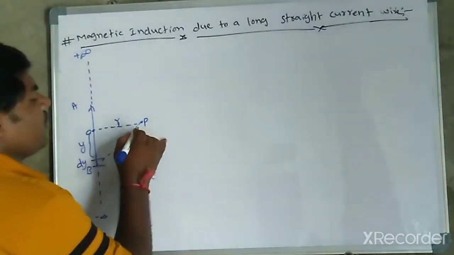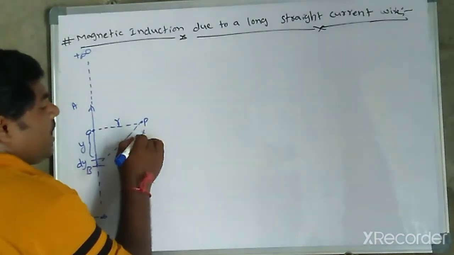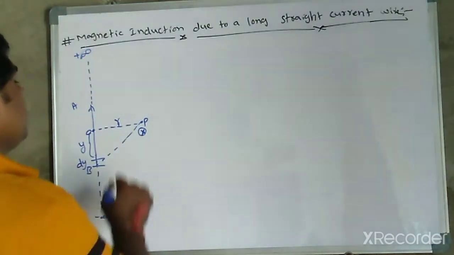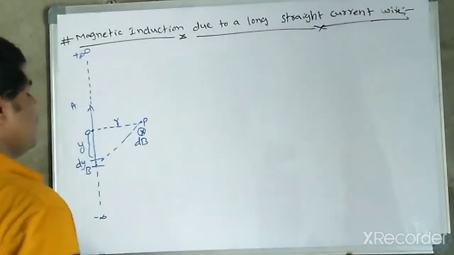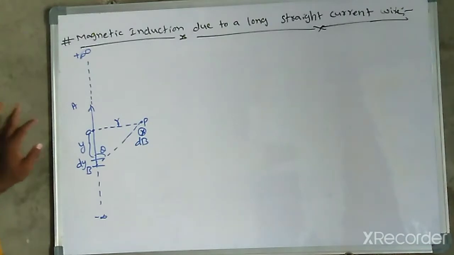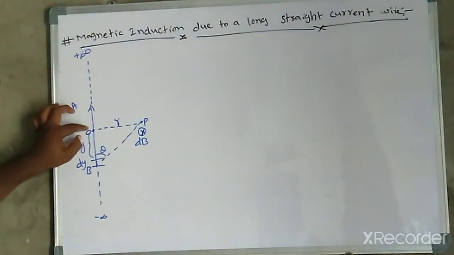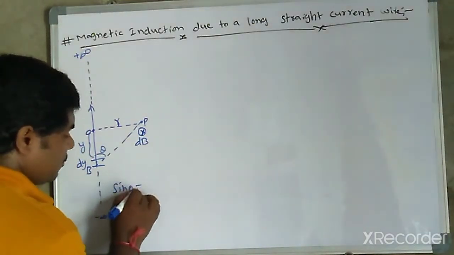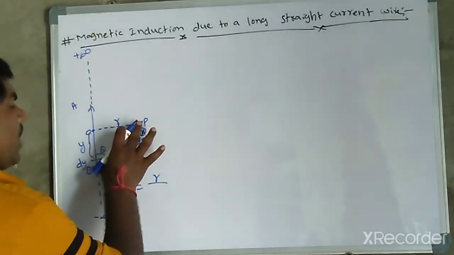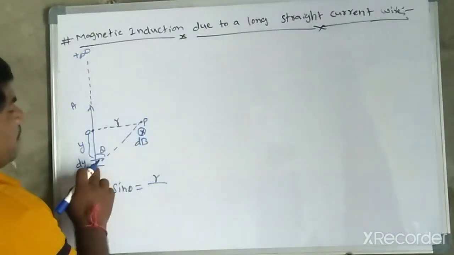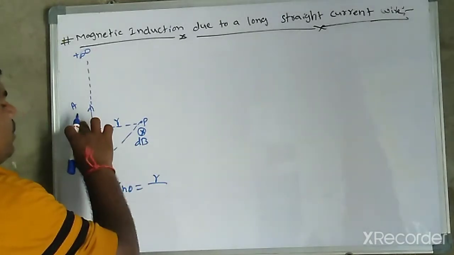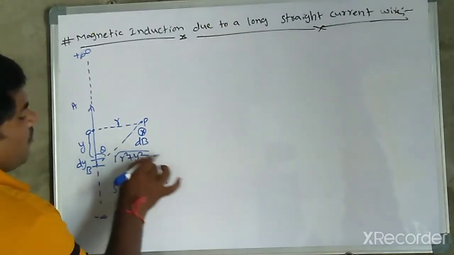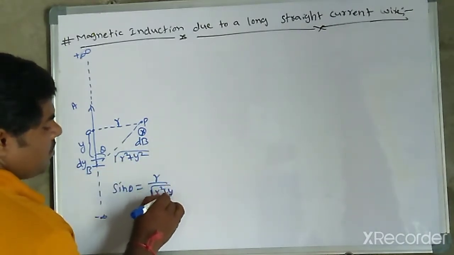That's why the magnetic field at point P due to the small elemental is into the board, shown as a circle with a cross. The small elemental dB makes an angle theta. This small elemental, O and P look like a triangle. From this triangle, sin theta is equal to opposite R divided by this value, the element-to-P distance. This value is nothing but the square root of R squared plus Y squared.